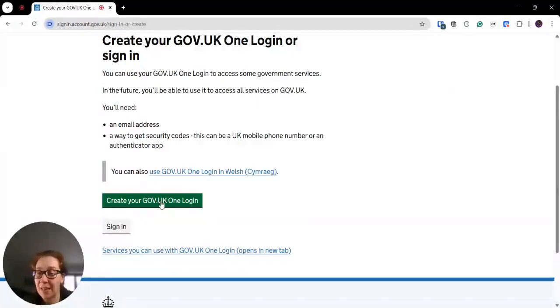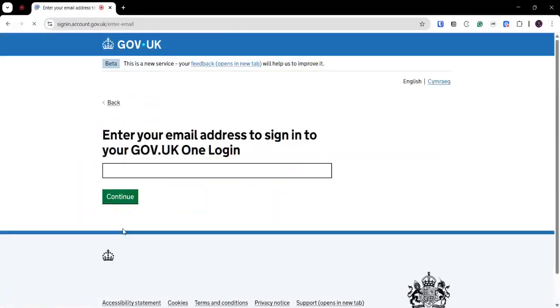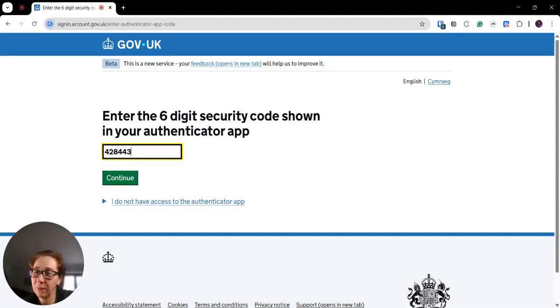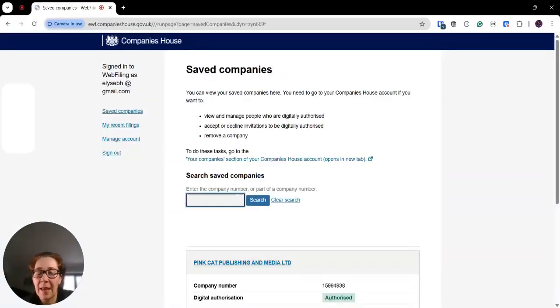If you don't already have one and you create one, if you had one of the old web file logins, then use that same email address because it will connect the two accounts together. So sign in. And once you have logged in, it will take you to this screen here,